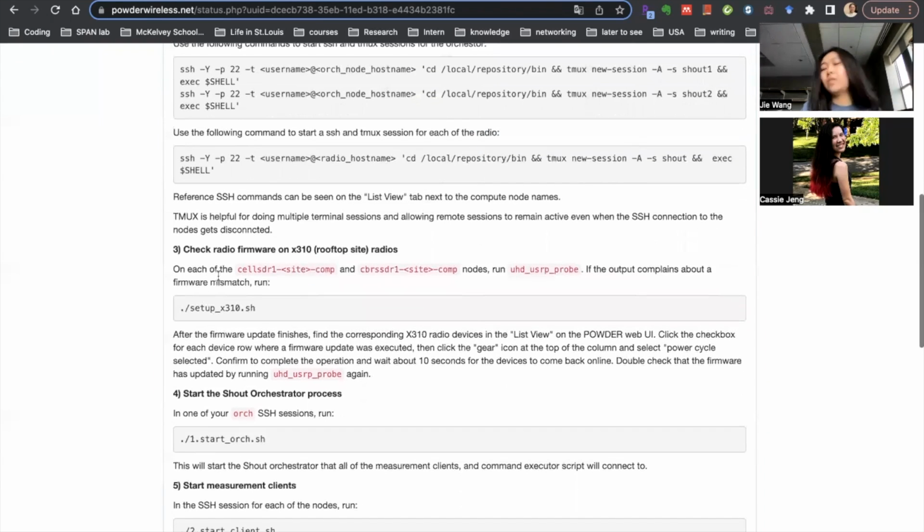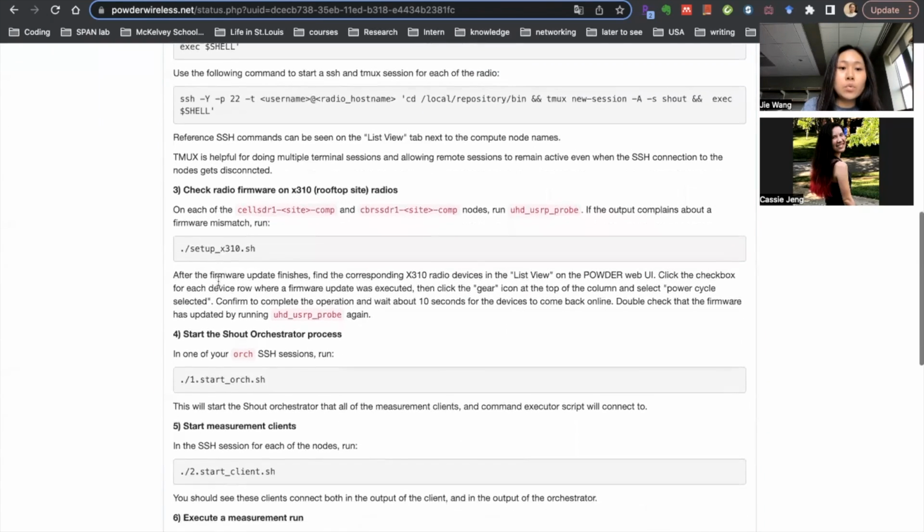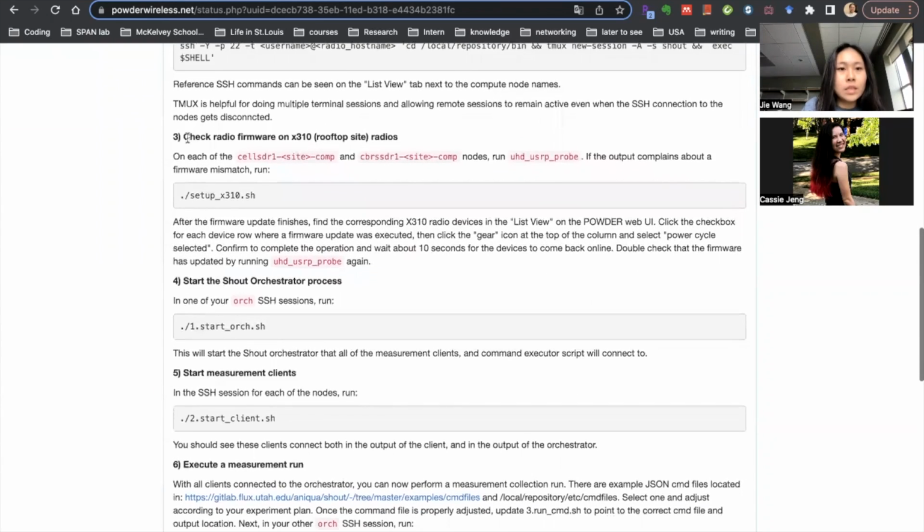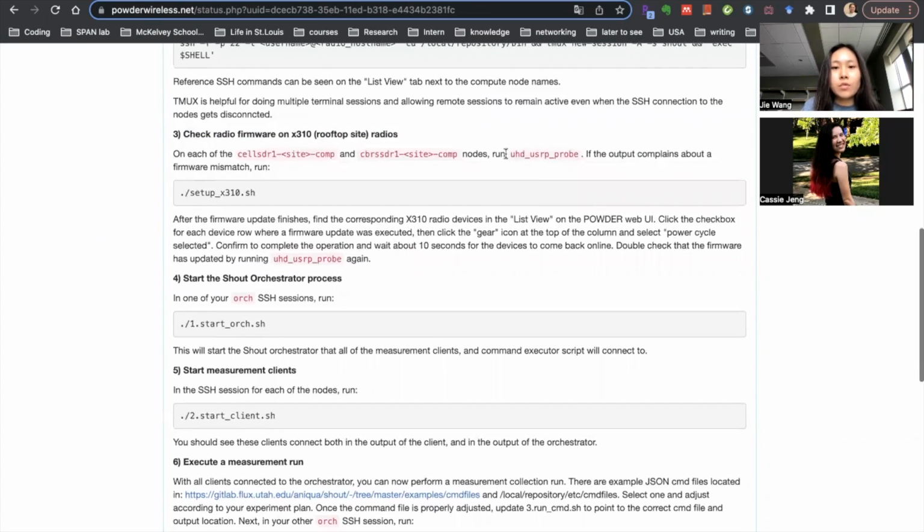And then once you get remote access to the nodes, this is optional. Most of the time there's just no problem with that, but if you want to make sure that the compute node you just got access to has this radio connected, that the radio can be detected, you use this command to make sure that we have this radio detected that we can use to transmit